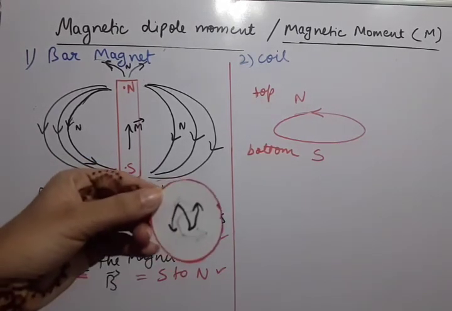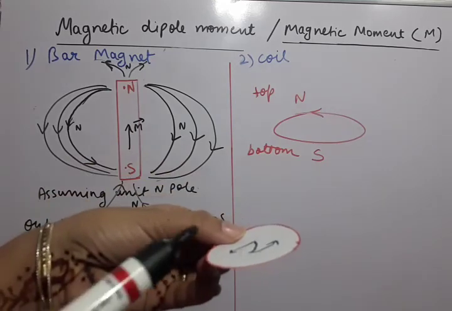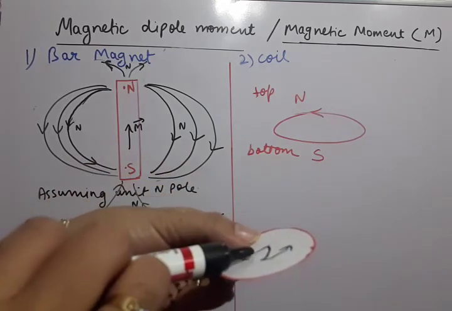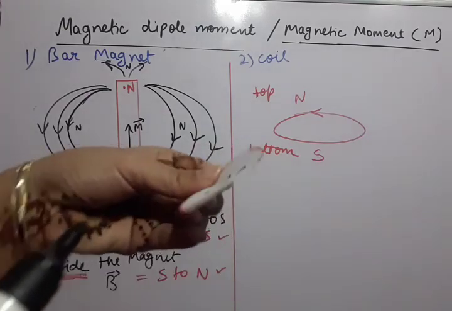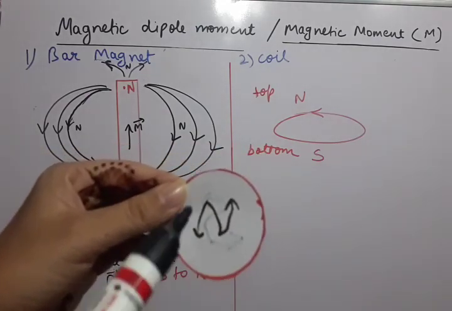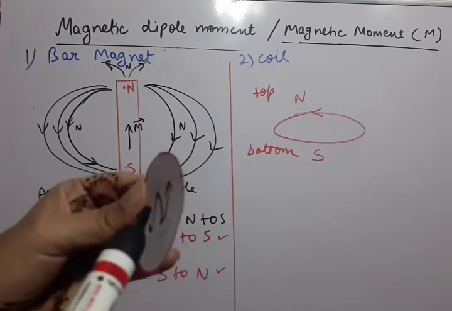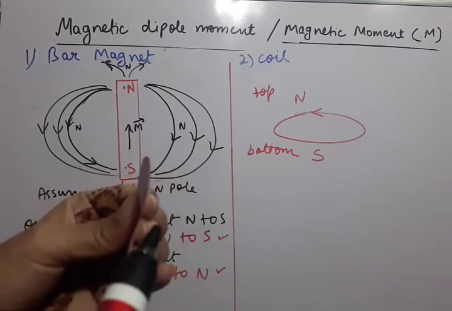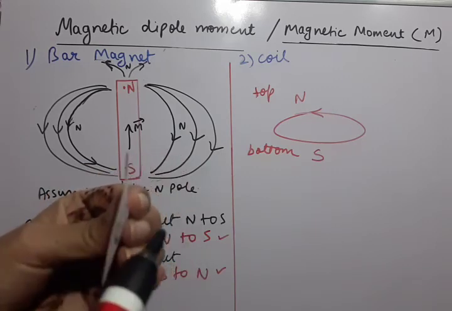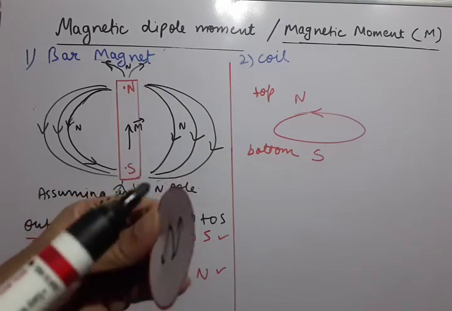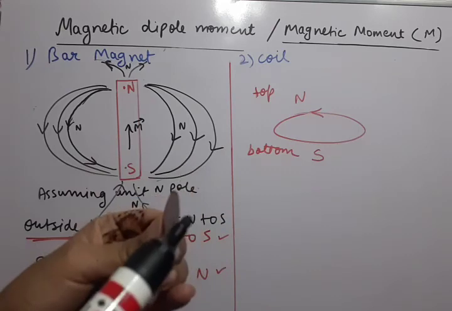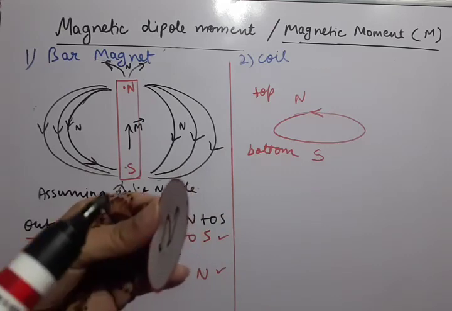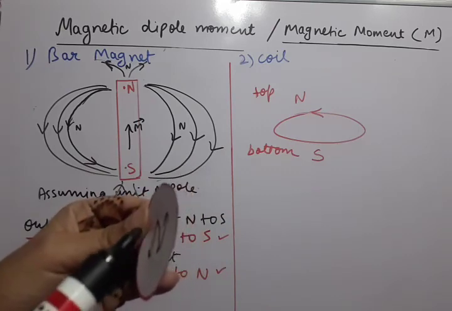So it is like this. If any coil has its top side as north pole, then the bottom side is south pole. So every coil has two faces, and the front face and back face are always opposite. Because N and S both are present in a current carrying coil, that's why it behaves like a dipole. Okay, dipole.